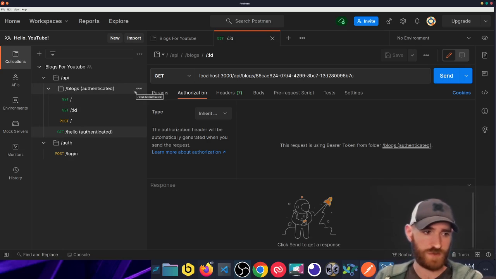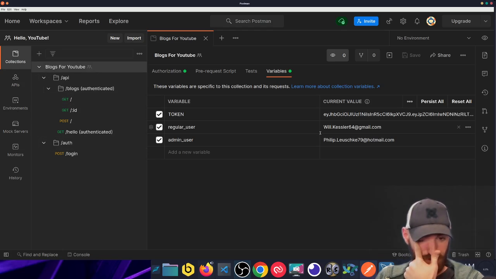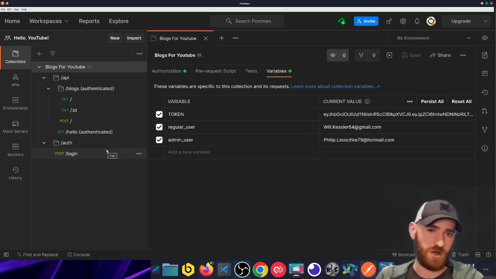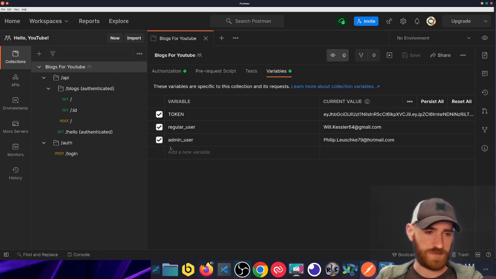But yeah, so we got to have a very quick glimpse into collection level variables. So now token and regular user and admin user are available everywhere within this collection, and I can utilize them more. Now the emails aren't really going to be something that I utilize anywhere else other than like the login route. Maybe, I don't know, maybe if I had like a user page or something, but I don't have that kind of setup on my API. So some applications of collection variables, which will be touched upon in the next video, are